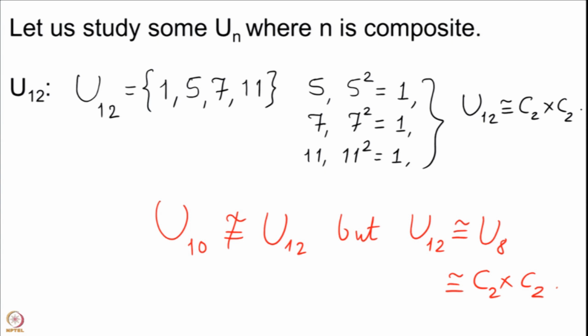In general, what we would want to do is to find the structure of all Un. We want to understand all Un for every natural number n. We have made a step. We have begun the study of the structures of Un by looking at Up, where p is a prime. Our experience has been that Up are much more tractable. The prime numbers, things related to prime numbers are more tractable than things related to natural numbers. So, we would want to see whether the same thing holds in general.